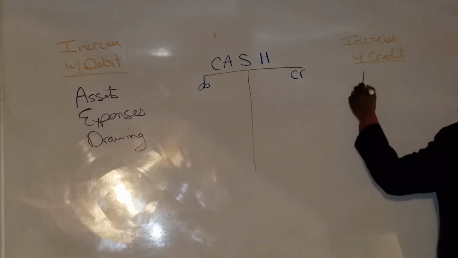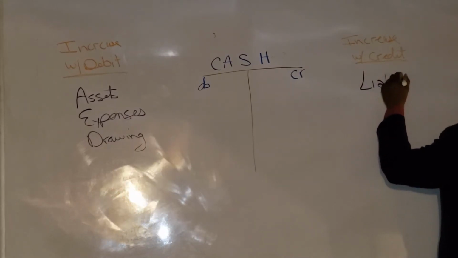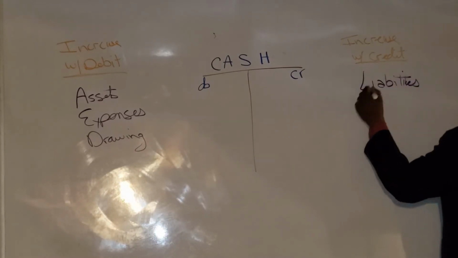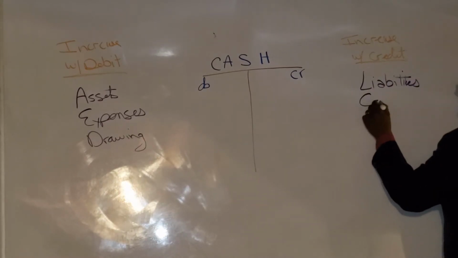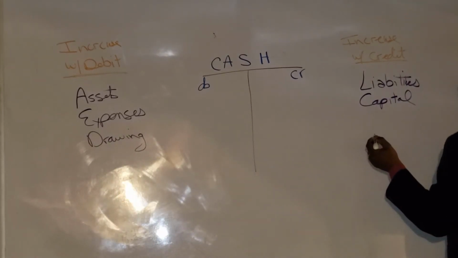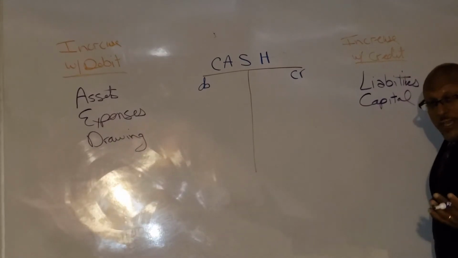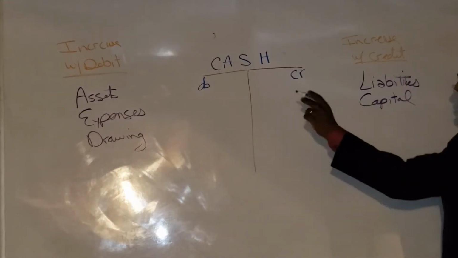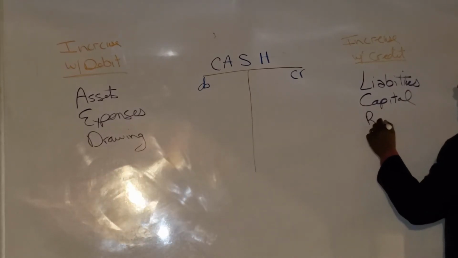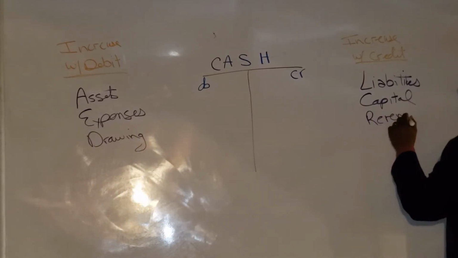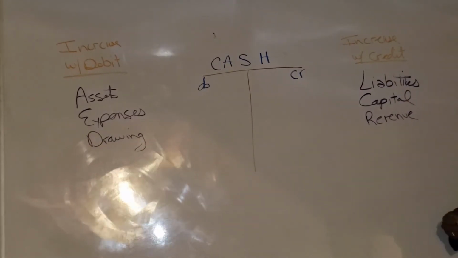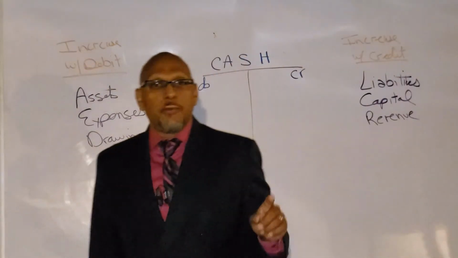Well, liabilities, capital, and when we get to it, the stock, the common stock and preferred stock. Treasury is increased with a debit, and the revenue accounts all increase with credits. Another thing you want to remember, the first thing you want to remember is that cash